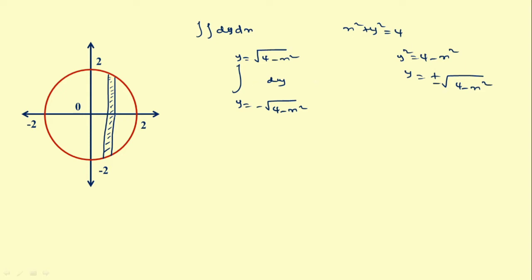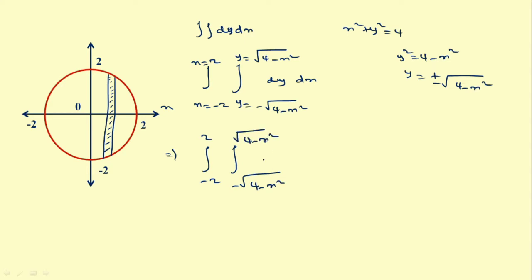Now the vertical strip moves along x-axis from left hand side to right hand side. So integral x equal to minus 2 to x equal to plus 2. So the x limits also are over. Now see the question clearly. Integral minus 2 to 2, integral minus root of 4 minus x square to root of 4 minus x square dy dx. So when you see the problem first time, you may think that it will be complicated, but it stands for area of the circle with radius 2. So what is the answer? 4 pi.